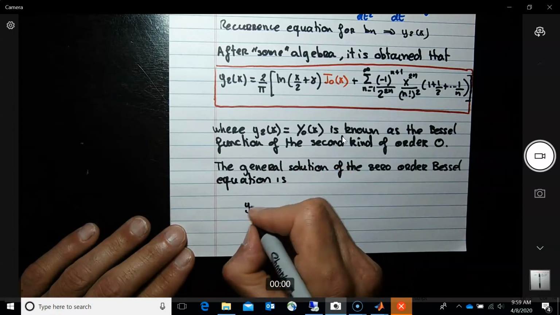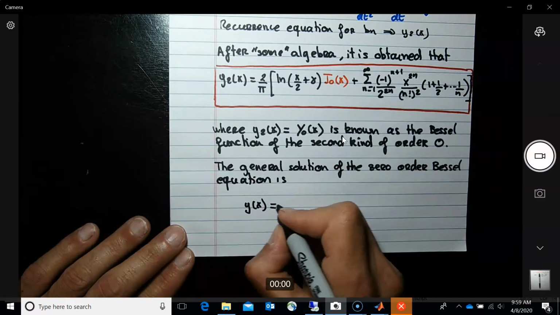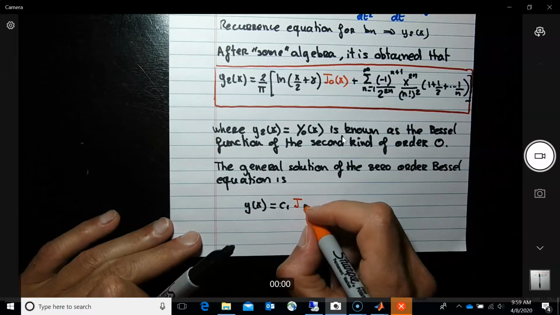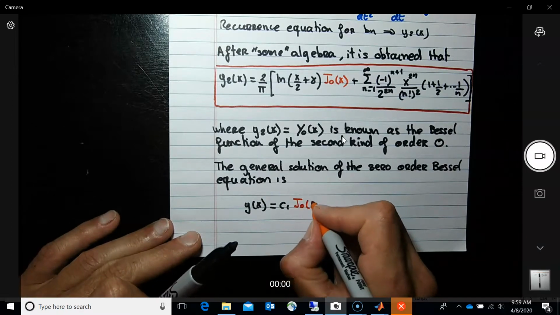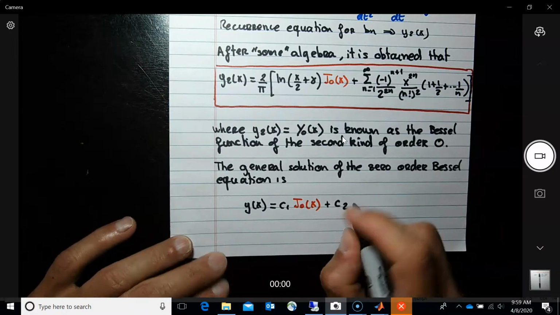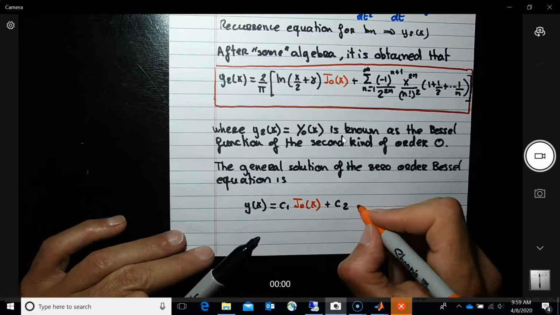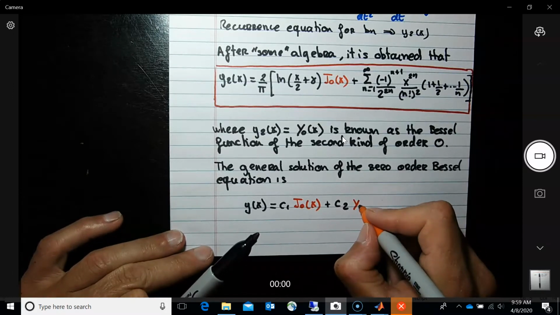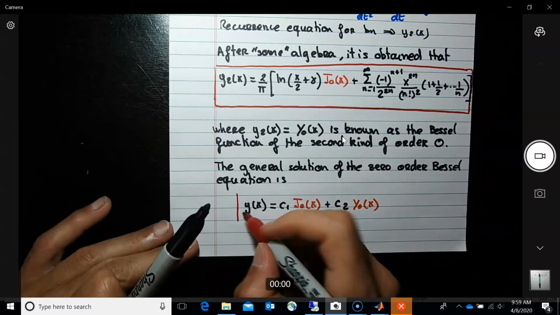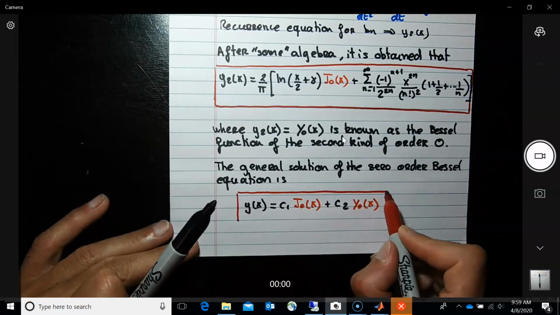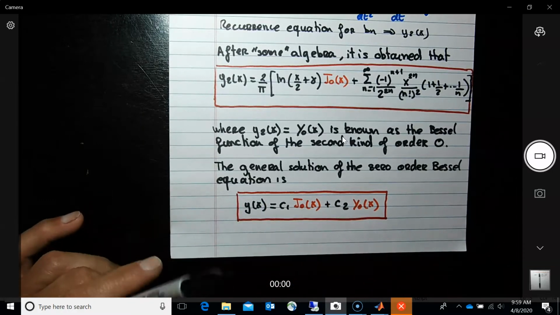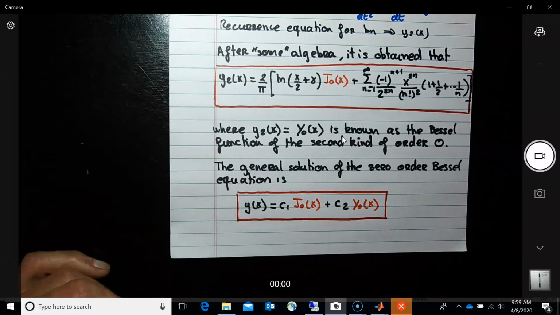It will be y of x equals a constant c1 times the Bessel function of the first kind of order 0, plus c2 times the Bessel function of the second kind of order 0. Okay, and this will be the end of the derivation,